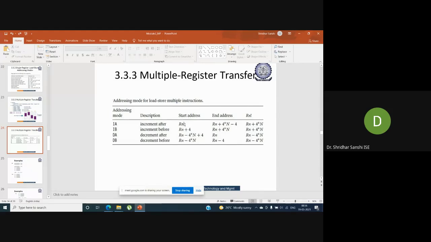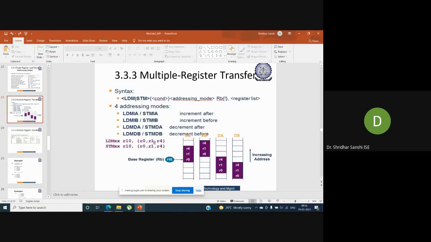The start address will be Rn, and it will end at Rn plus 4 star n minus 4. Why are we specifying 4? Because 4 bytes are 32 bits. And n indicates the number of registers you are transferring.